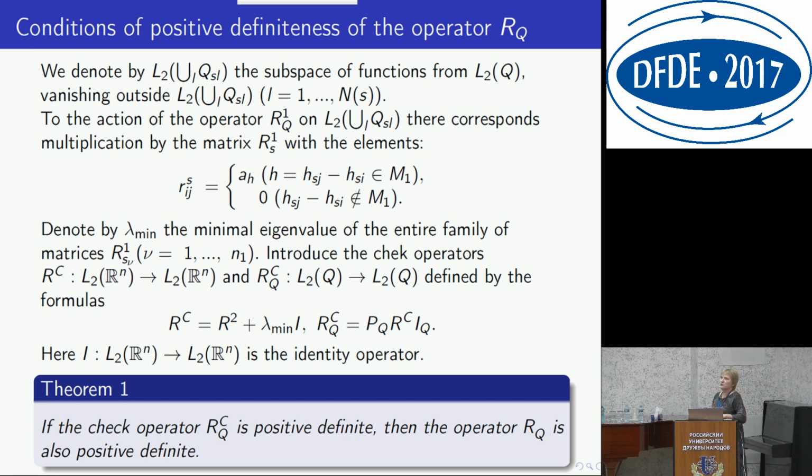Теперь что мы делаем в случае несоизмеримых сдвигов? Берем первое множество сдвигов, они соизмеримы между собой. Строим разбиение, строим матрицы, находим минимальное собственное значение всех матриц и вводим оператор R с индексом C, проверочный оператор. То есть мы ко второму оператору из второго множества добавляем минимальное собственное значение, умноженное на тождественный оператор. И справедливо следует утверждение, что если этот проверочный оператор положительно определен, тогда и оператор RQ, состоящий из несоизмеримых сдвигов, тоже